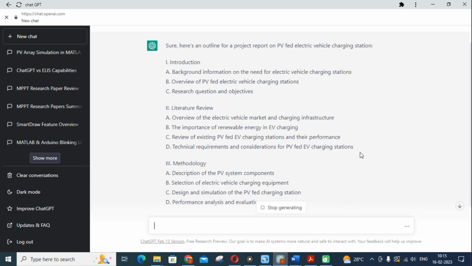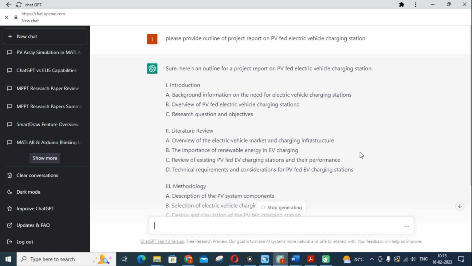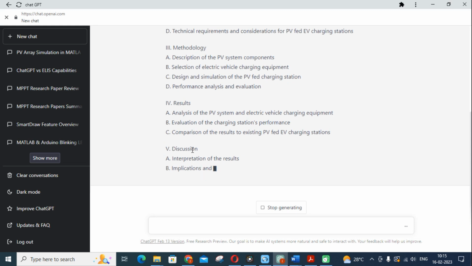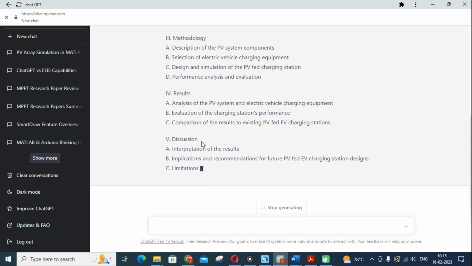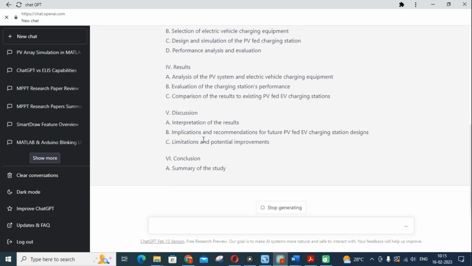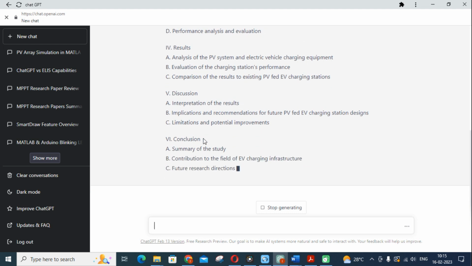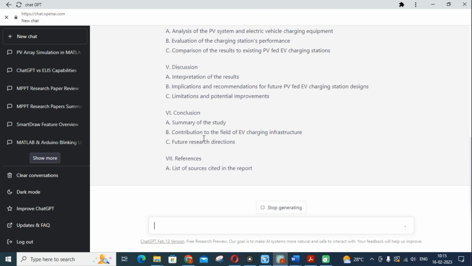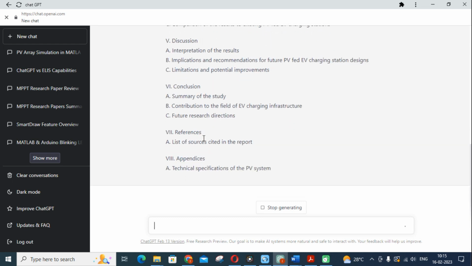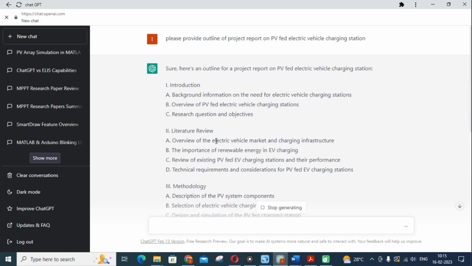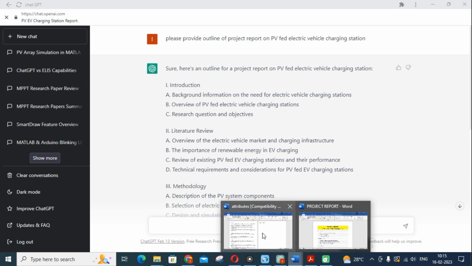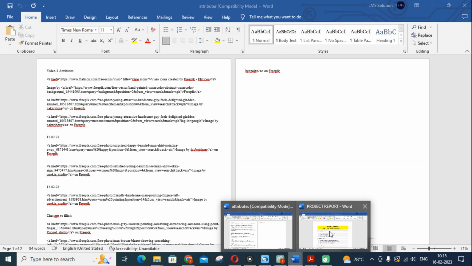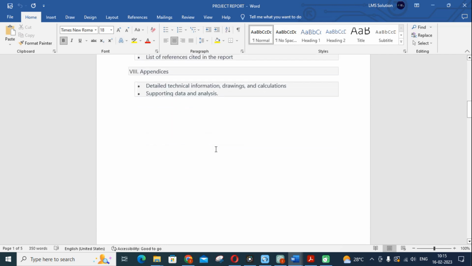So now you are getting the outline of your project report, that is introduction, literature survey, methodology, results, discussions, and then conclusion, summary of the study, references and appendices. This is how you can generate your outline of your project report. What you want to do is just copy that and paste it in your Word file,